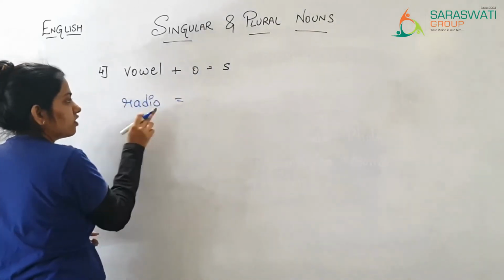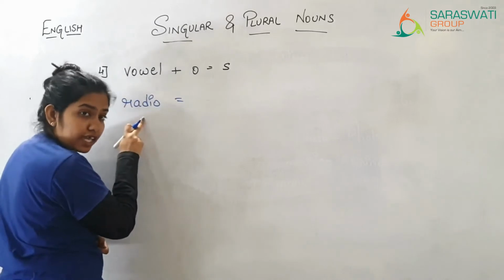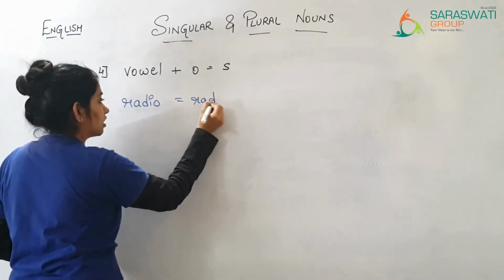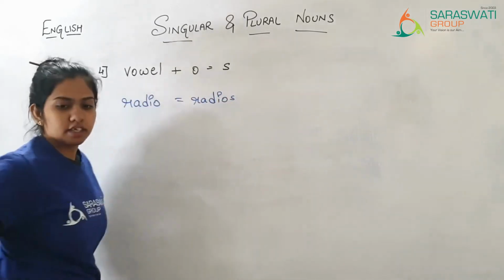See, it is ending with O, but the previous letter is I. Then radios,